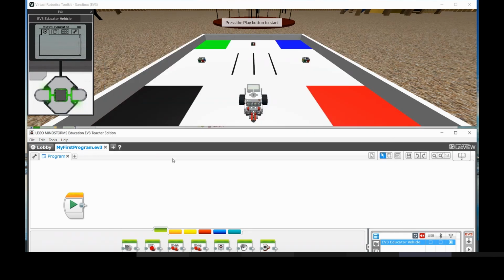Now let's begin adding blocks into the programming canvas. Let's start with the three different types of turns that we learned about this term. Remember, we have the spin turn, the pivot turn, and the smooth turn. Let's start with the pivot turn. In order for us to achieve a pivot turn, we can go here. These different colors are called the block palettes. You'll use each of these blocks to program and code your robot to do a specific